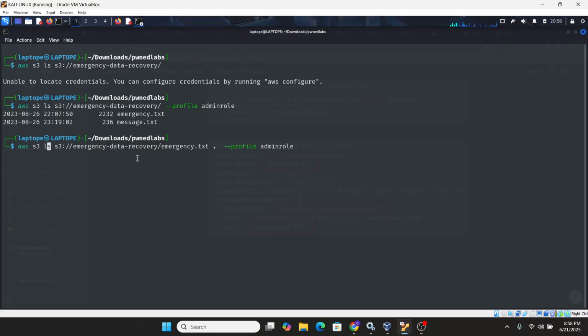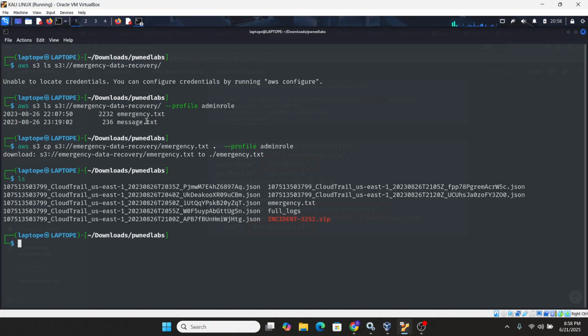That's the Pwn Labs. So then we are going to change this one to cp. cp means to copy, to make a copy. So it's downloading. Download success. If you do ls on our local machine, you can see emergency.txt.